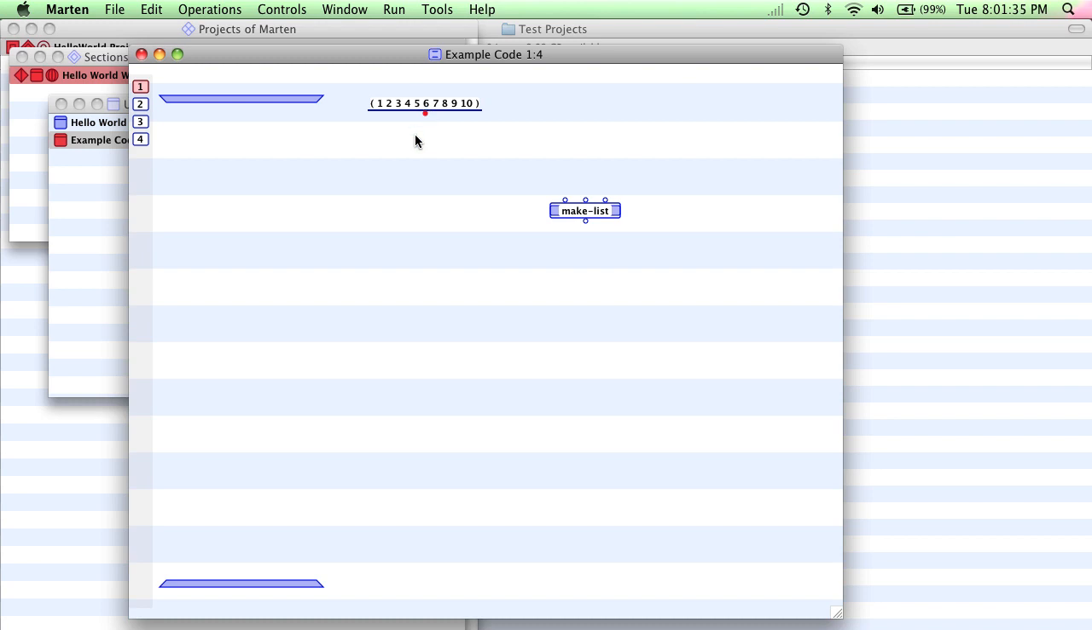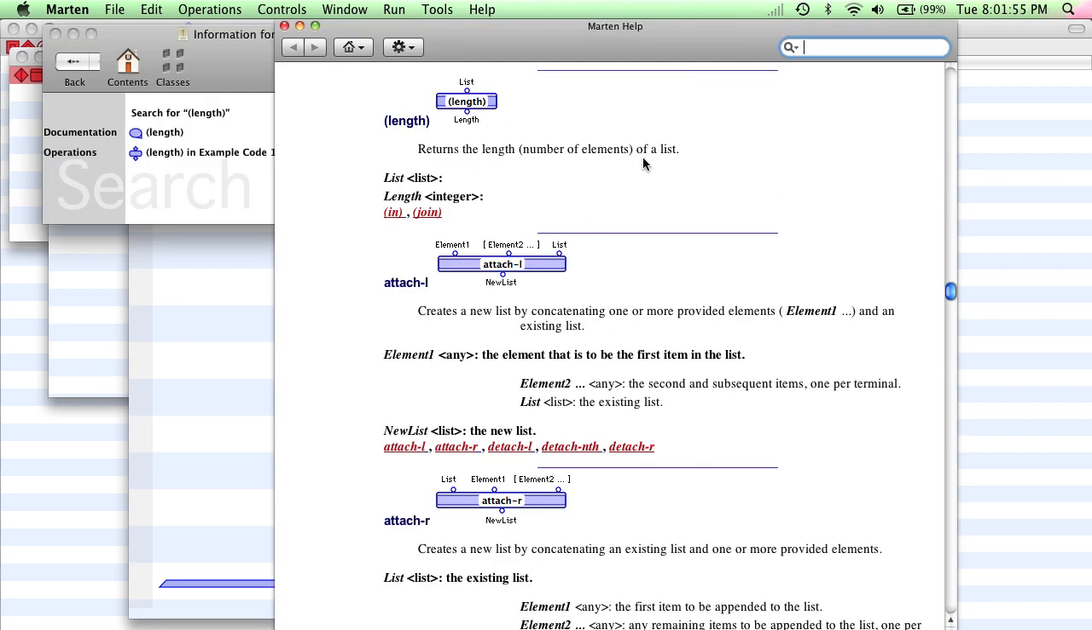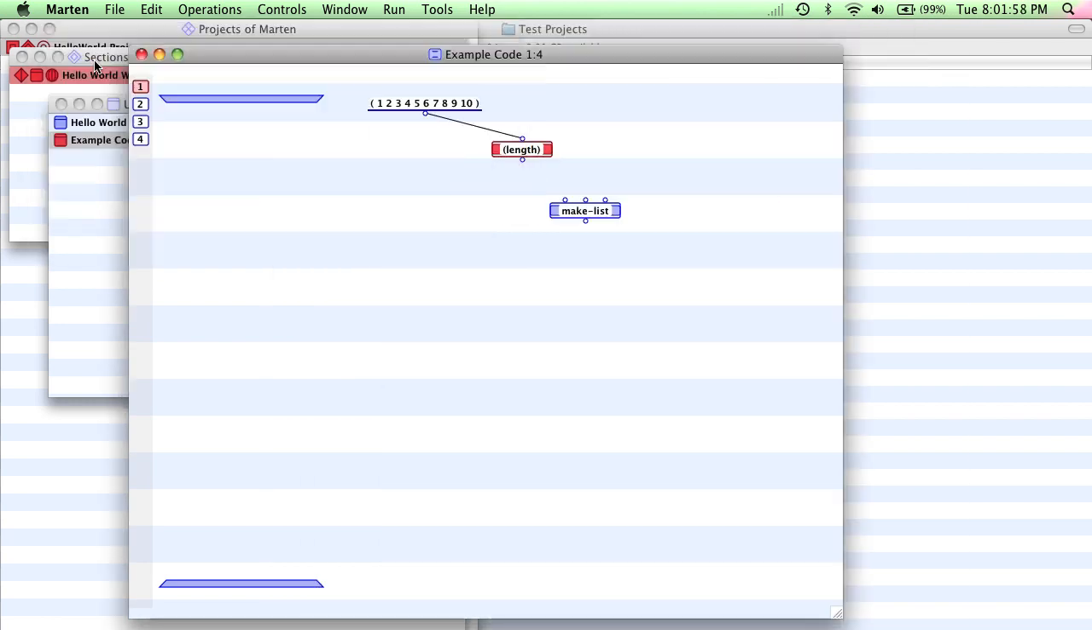We've already made a list that's 10 long, so I'm going to hold down the option key and then the command key and make a new operation, and I'm going to call this parenthesis length right parenthesis, and that is a primitive which will return the length in number of elements of a list. So that's going to automatically return 10, and I want it to start at 1, and this only works for integers, but if you want, you can then say I want it to start at 1 and step by 1,